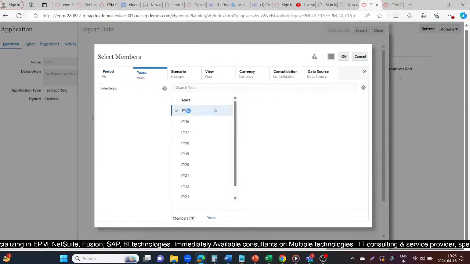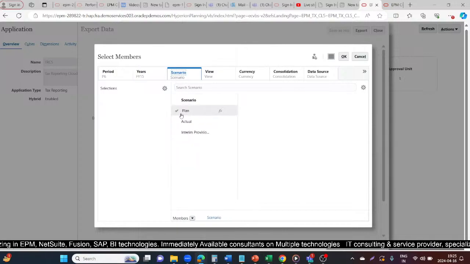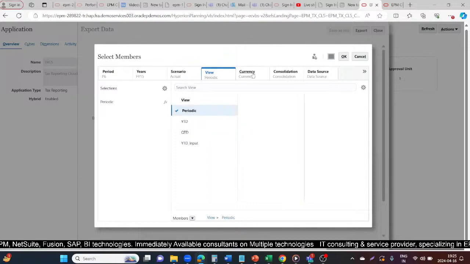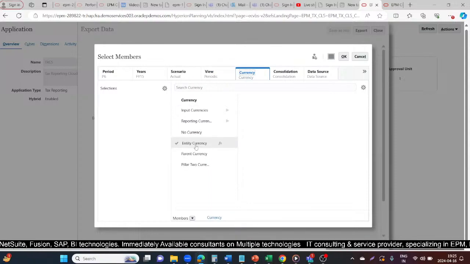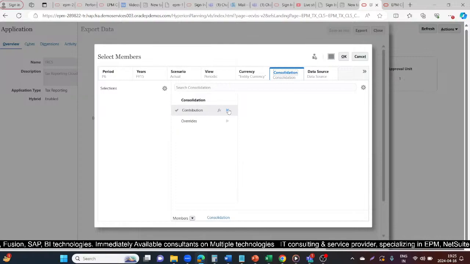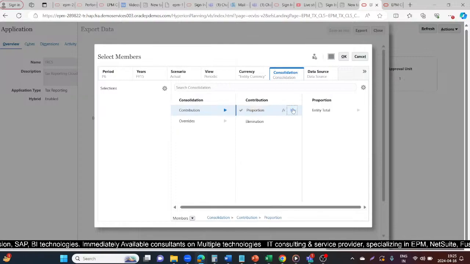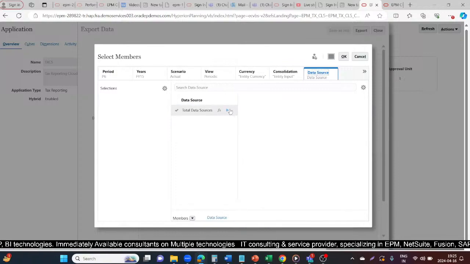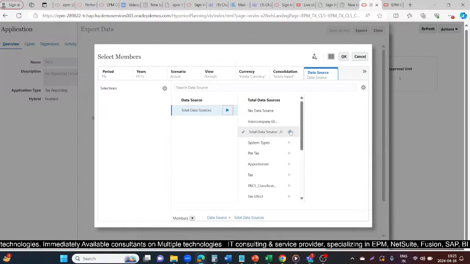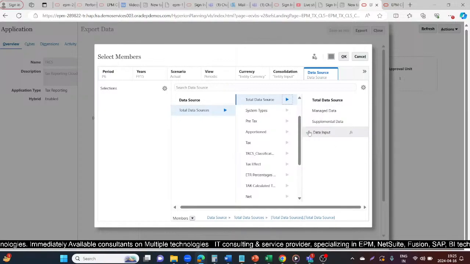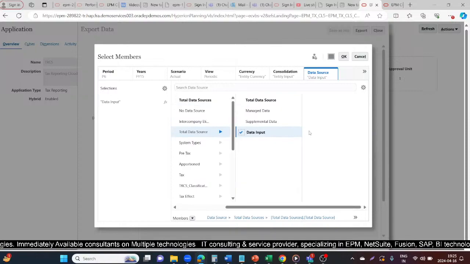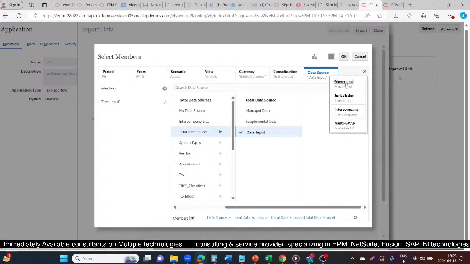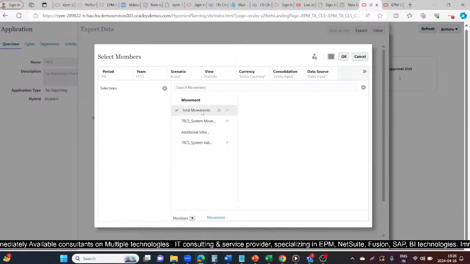Like I'm selecting period as this, year as FY15, scenario as actual, view as periodic, currency as entity currency, consolidation as entity input, data source as data input, movement as trial balance close,